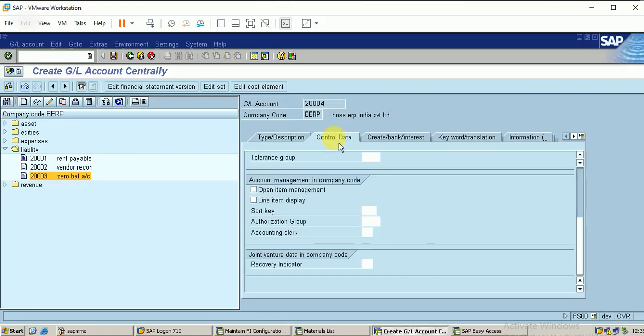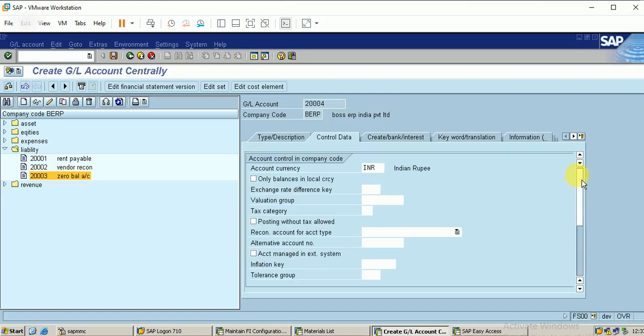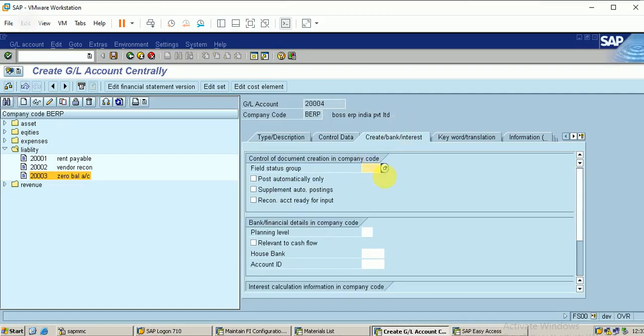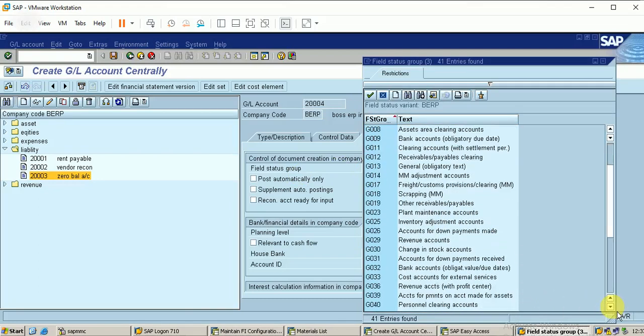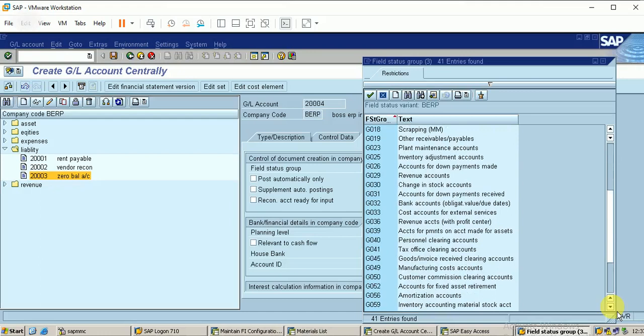So this account will act as an intermediate account. So the open item and line item should be ticked. Okay, let it be the field status variant. The field status group must be